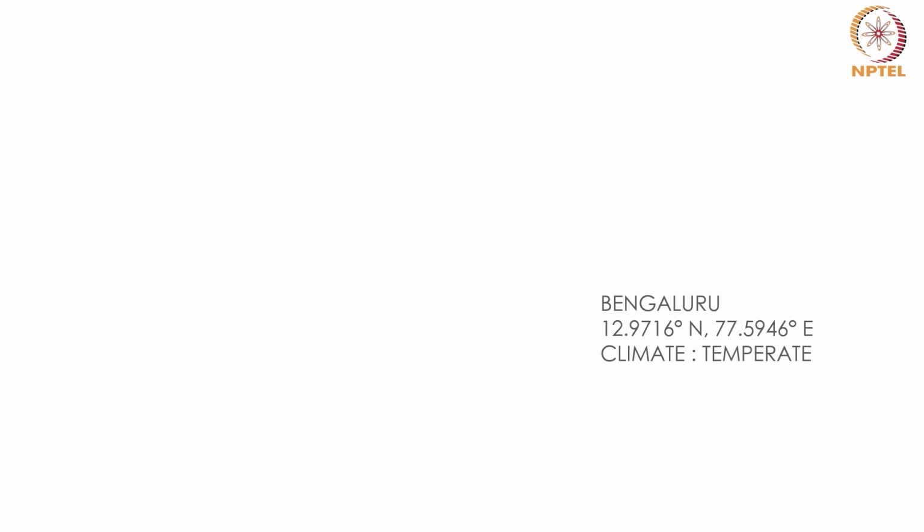Now, we will see how climate consultant can also help us with a slightly more advanced and scientific way of selecting the strategies. For temperate climate, today we will look at Bengaluru city,